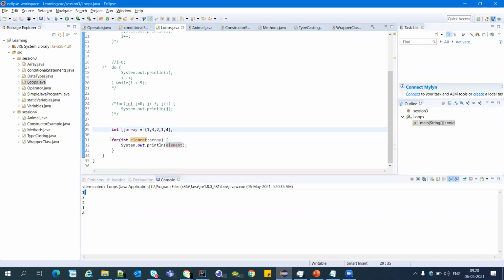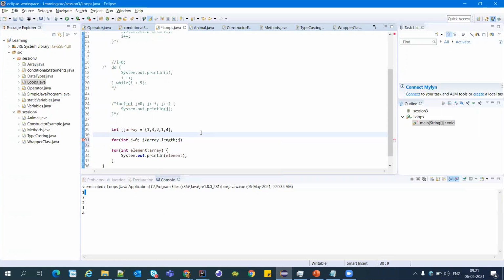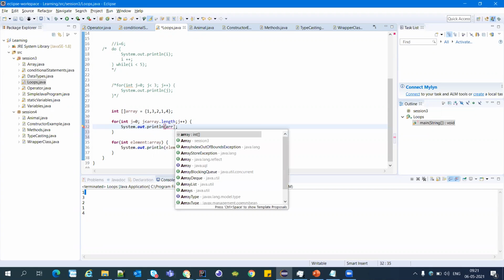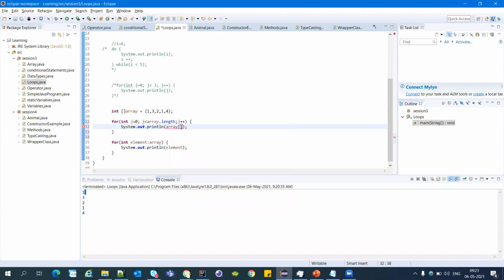If we are using a simple for loop to print this array, we have to use these conditions: j is less than array dot length, j plus plus, and then this statement, array of j.